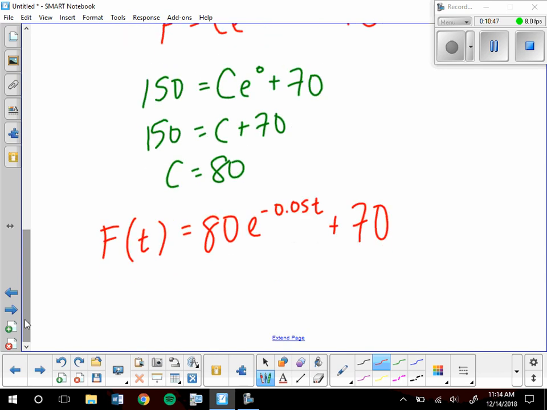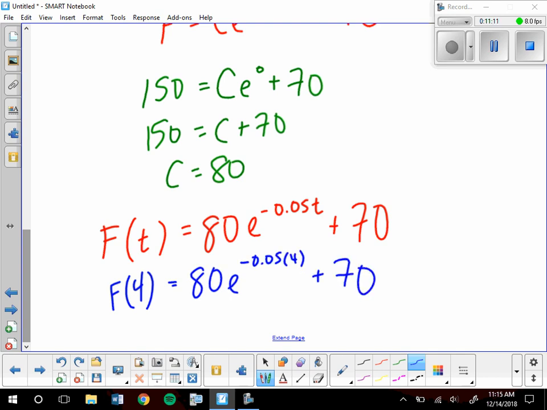I actually want to use this model. Let's figure out what my coffee temperature is after 4 minutes, because that's the problem that I tried to answer with Euler's method. If I plug in 4, I get 80 e to the negative 0.05 times 4 plus 70. Take a second and do that on your calculator. I get approximately 135.498 degrees Fahrenheit, which compared